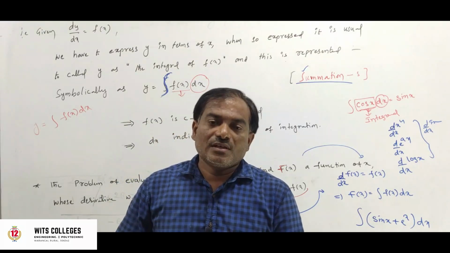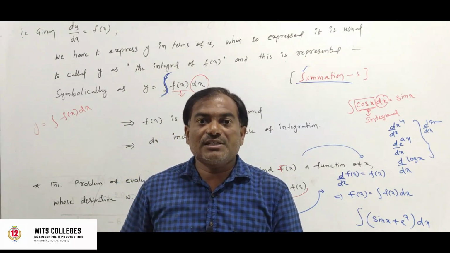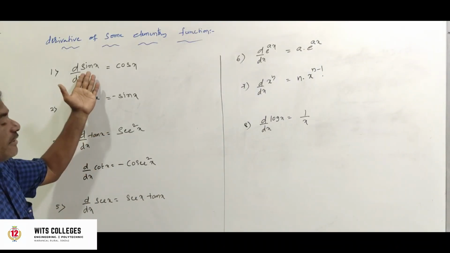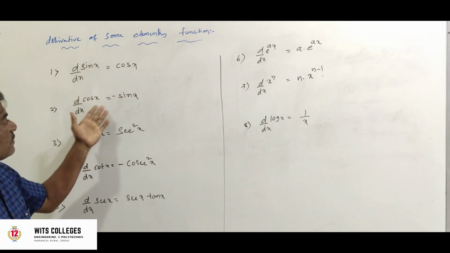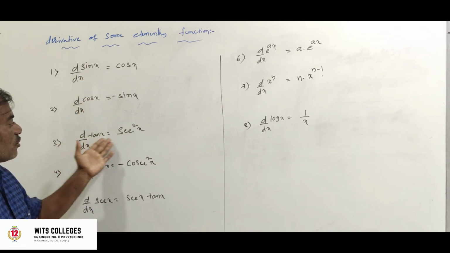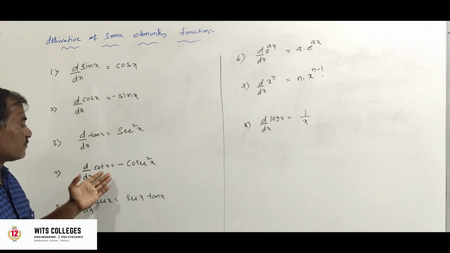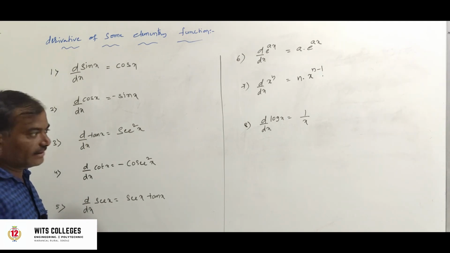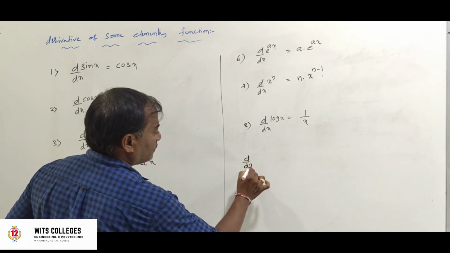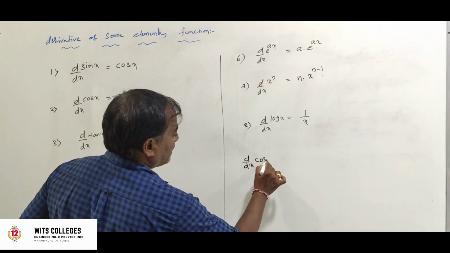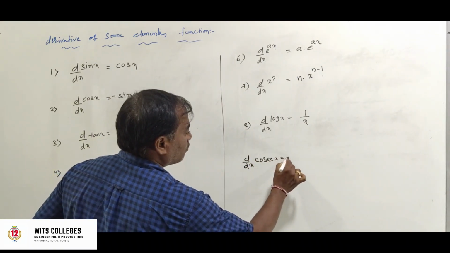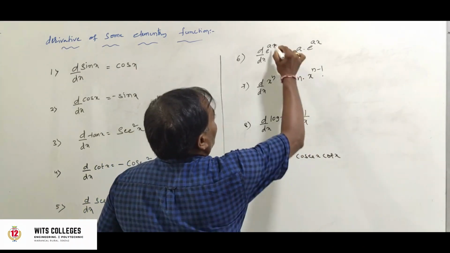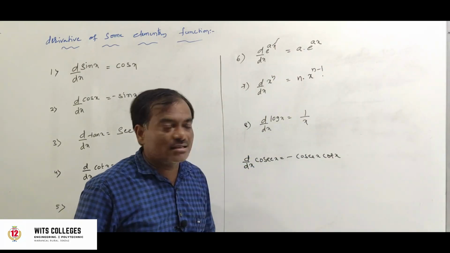First we recall the derivatives of the elementary functions. Some important derivatives: derivative of sin x is cos x, derivative of cos x is minus sin x, derivative of tan x is secant square x, derivative of cot x is minus secant square x, derivative of sec x is sec x into tan x, and the derivative of cosec x is minus cosec x cot x,